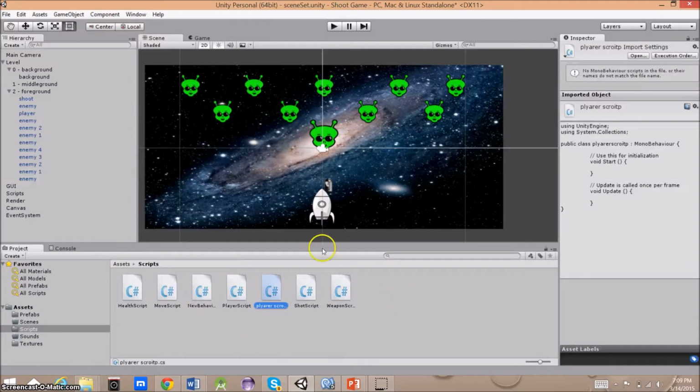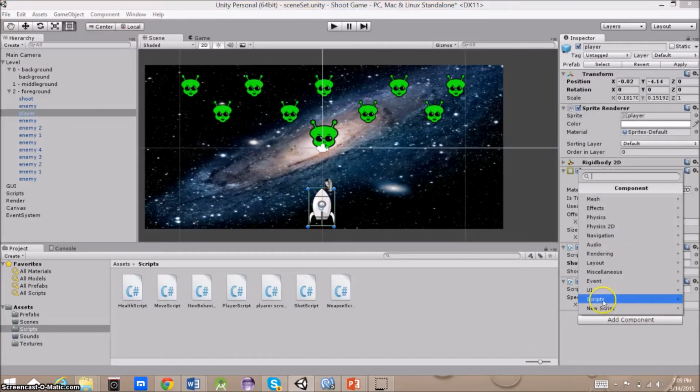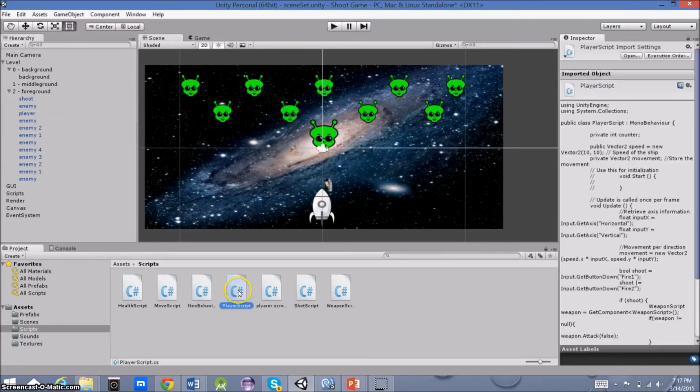In this script folder, we can place all the script files we want to use to provide behavior to different gaming objects. To provide a behavior, we go to the player, add component and add scripts to our game objects. Behavior in our case is moving of the player, moving of the bullet, detection of collision, etc. Let's take one of the scripts to get in-depth knowledge about scripts. So I'm opening the player script.